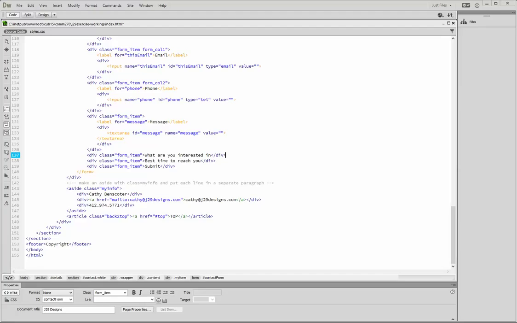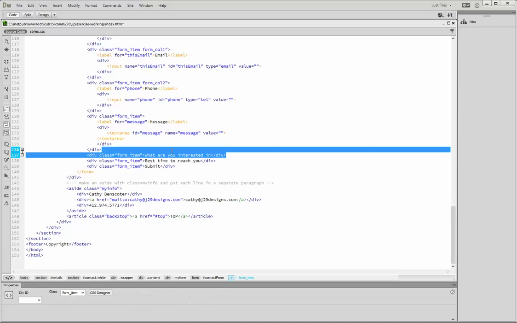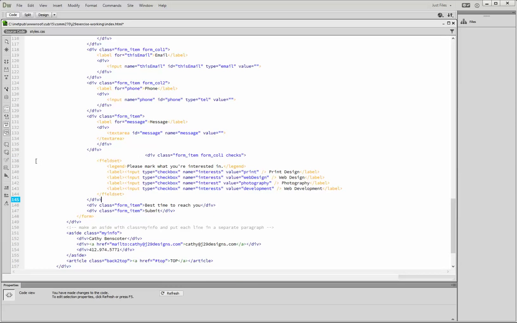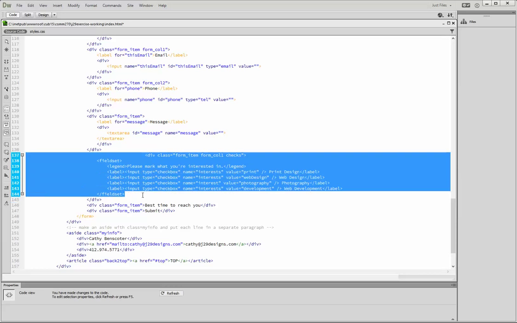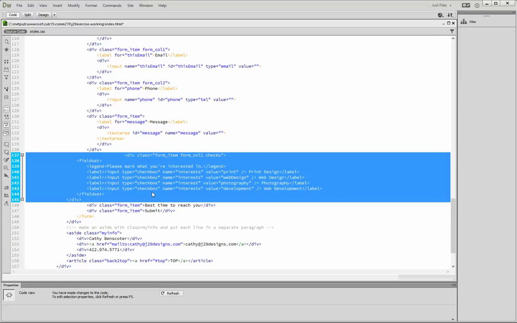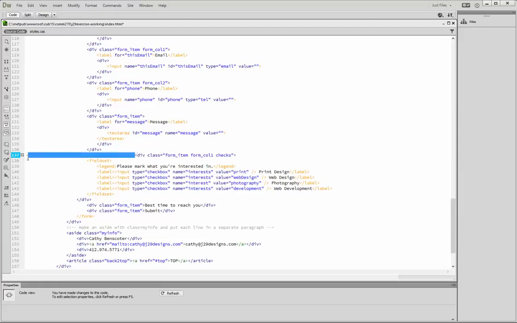We're going to need a fieldset. This is going to have the form item. It's going to have the form column 1 because it's going to be on,